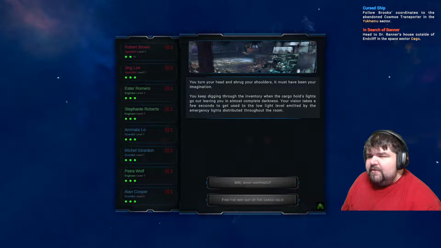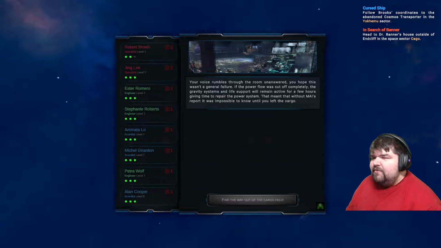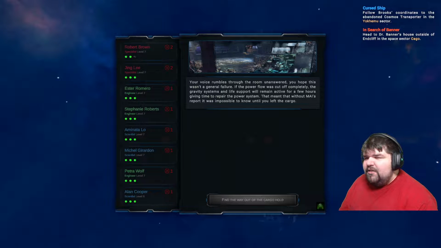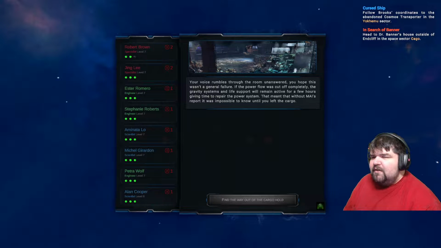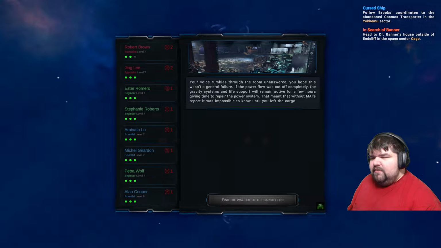You keep digging through the inventory when the cargo hold's lights go out, leaving you in almost complete darkness. Your vision takes a few seconds to get used to the low light level, emitted by the emergency lights distributed throughout the room. May? What happened? Your voice rumbles through the room unanswered. You hope this wasn't a general failure. If the power flow is cut off completely, the gravity systems and life support will remain active for a few hours, giving time to repair the power system. That meant that without May...